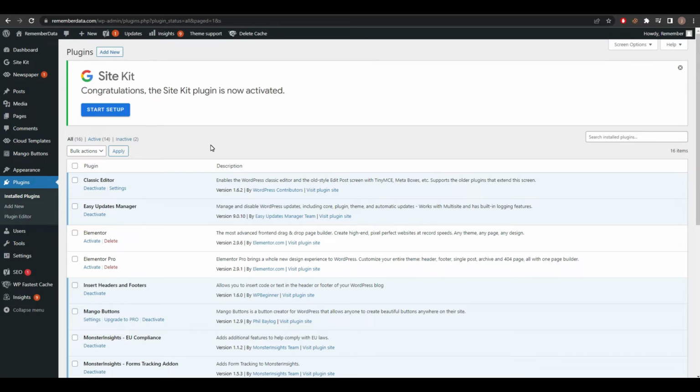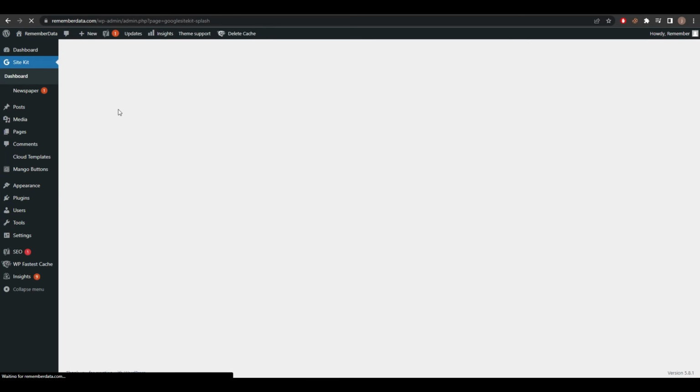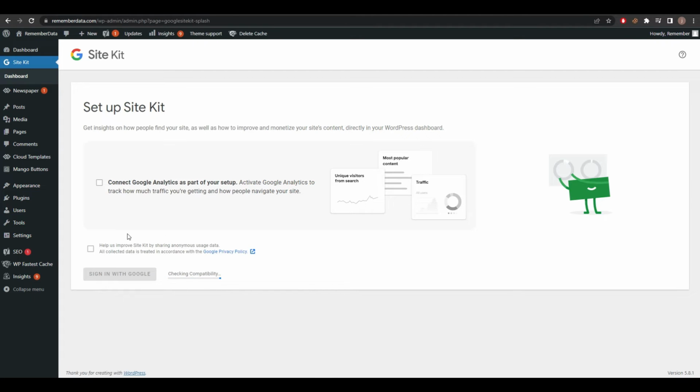Time to set up. You can see all of the details. You can see this is already active. And now we go to the setup option. You can also find these setups in a menu. Here is the Google option. This setup is the same, just check mark all